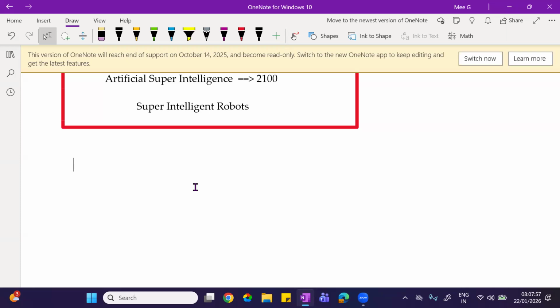Now let's talk about this AI, where it started, when it came into the picture. Artificial intelligence was first coined, I'm using the word coined, by a gentleman called John McCarthy.